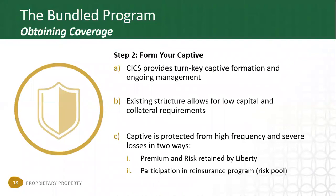Step 2 is forming a captive insurance company, and that's a large part of the role that we play. CIC Services provides turnkey captive management. That includes all the steps of forming your own insurance company and getting a license for it to write insurance, and the corporate formation and all the things that go with that, actuary work, and running the insurance company. As it notes down here at the bottom,